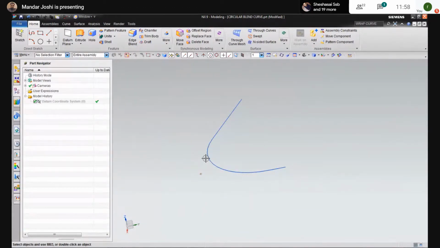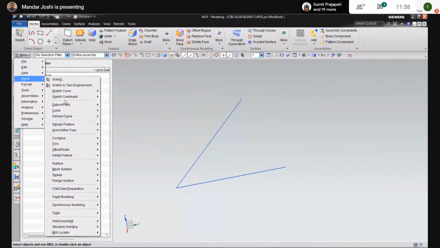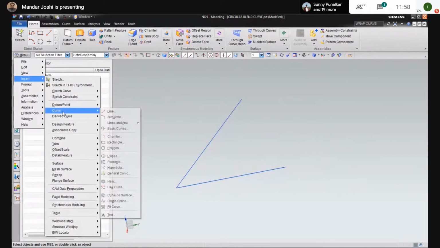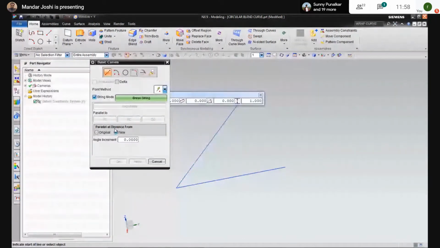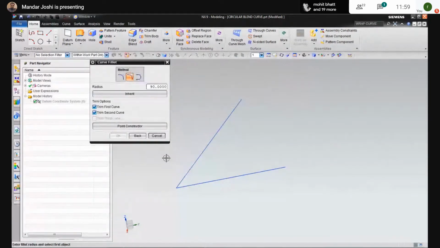One process I forgot to do. See here, when you do menu, insert, then curves option, select the basic curves, select the fillet option here, and define the size of the radius, which we already put in. So let's say it is 60. Trim first curve and trim second curve.